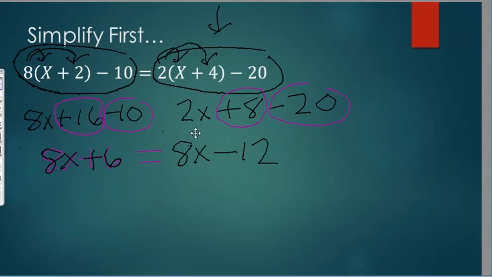Sorry you guys, I need to fix something really quick. This right here is supposed to be a 2. I'm not quite sure how I wrote down an 8. Okay, so